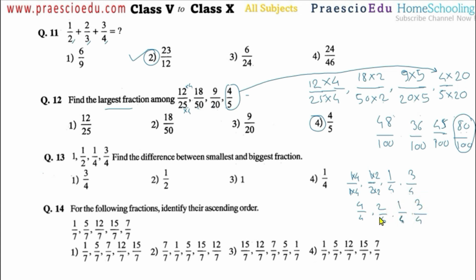So now all have the 4 in the denominator, so now we can make the comparison. Now we have to find out the difference. For that, we have to choose the smallest and the biggest fraction. Which is the smallest? The number which is the smallest in the numerator is the smallest, because the denominator numbers are the same. Now here 1 is the smallest one, so I am just writing down here the smallest. Which is the bigger? Here the 4 is the bigger, so this is the bigger one, and we have to find out the difference. So 4 by 4 and 1 by 4.